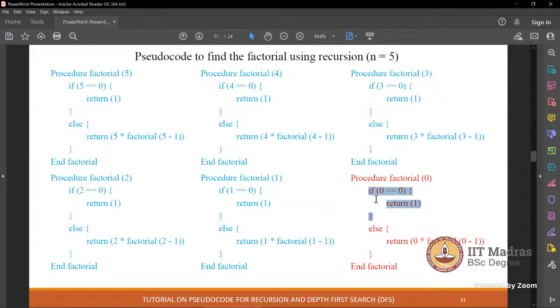Are you understanding? Yes. When this condition is true, you simply return and your procedure terminates. This part will never execute, because when the if condition is true, you should not be bothered about what is there in else. That's how if-else works. All right. So now, when 0 is equal to 0 and you return 1, then all the previous calls, 5, 4... That is coming. That's where I'm coming. Forget about it for now. What happens after returning 1? That part I'm coming to, Samrita.